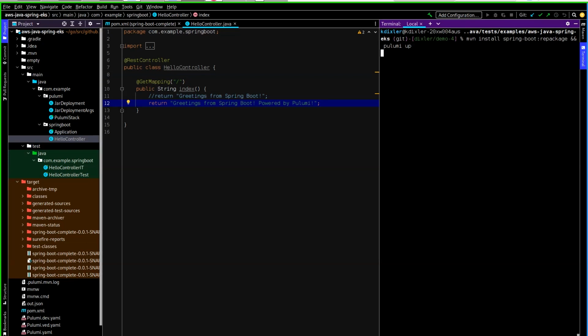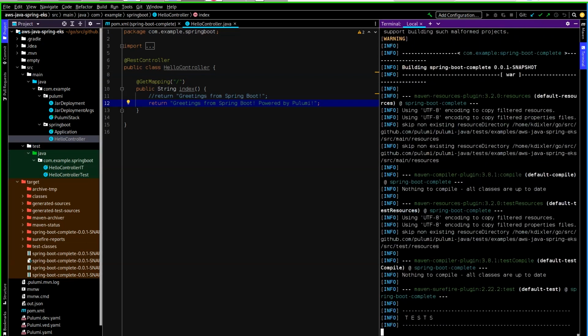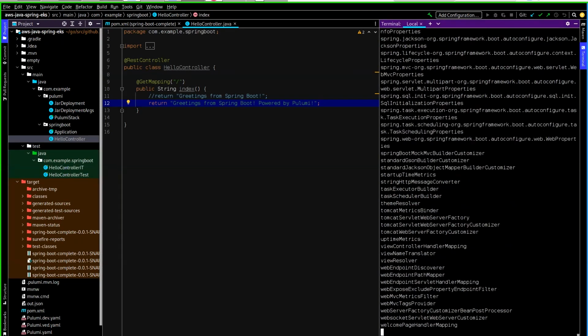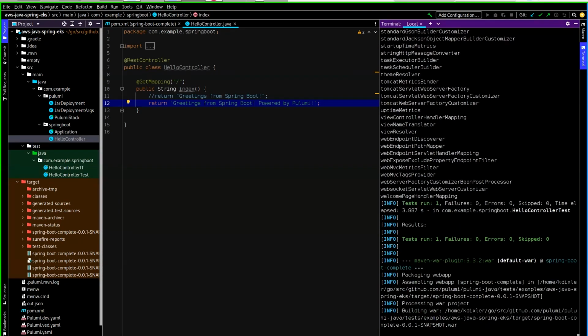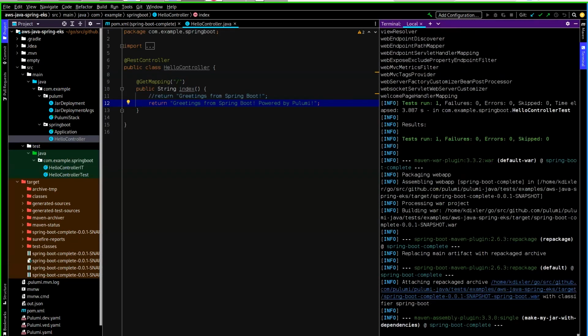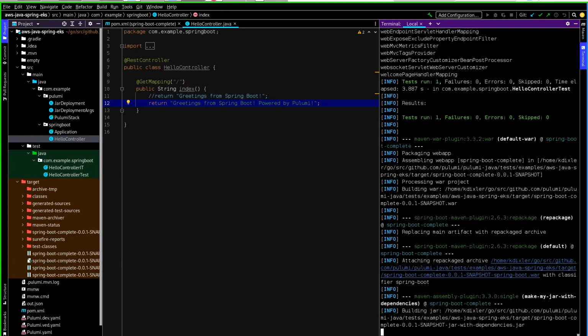I'm going to run these now because it takes a little bit of time. It's running the test suite that normal Java devs would probably put together, making sure that it's sane. And it's going to put together the WAR file and start Pulumi up.